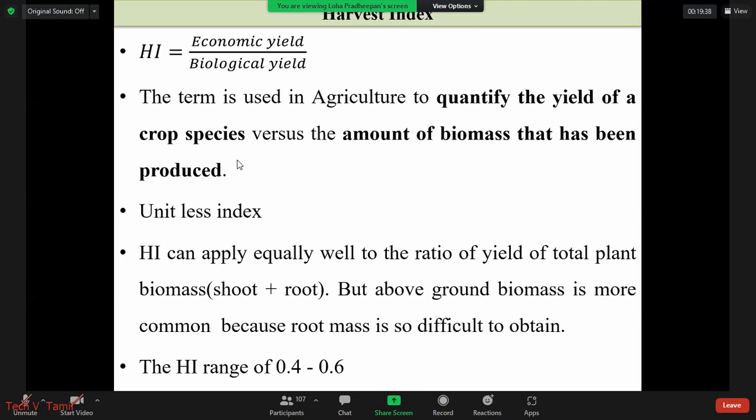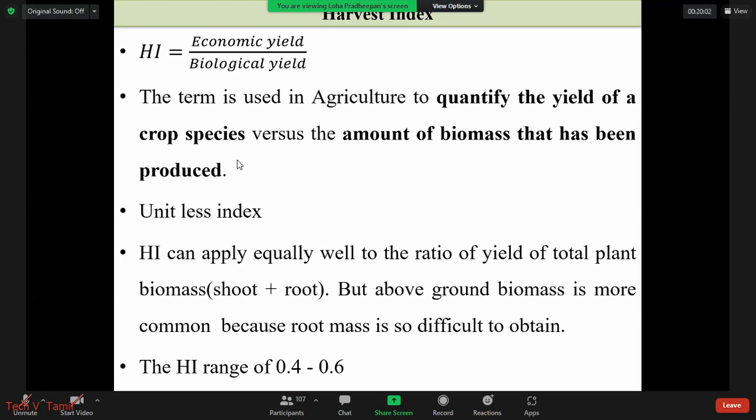But because of the difficulty in calculating the root weight, since that is in the soil, we are neglecting that. But if we do hydroponic culture, that is soilless culture, no? So we can simply get the root weight also. So that is possible. So that's all about the